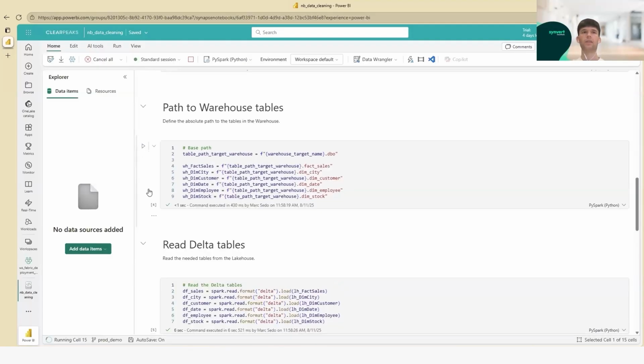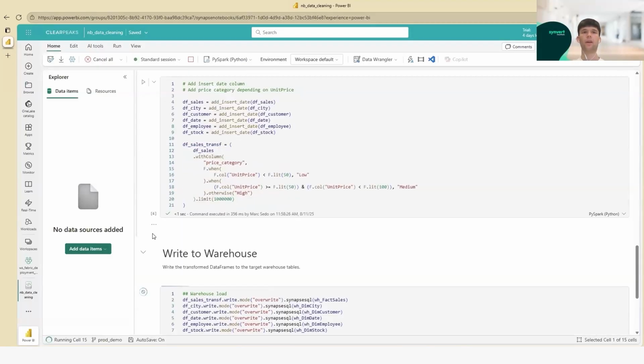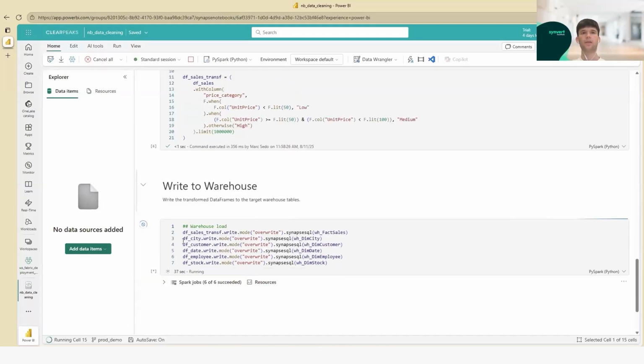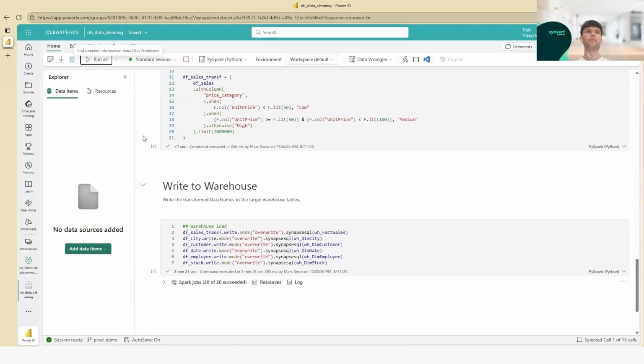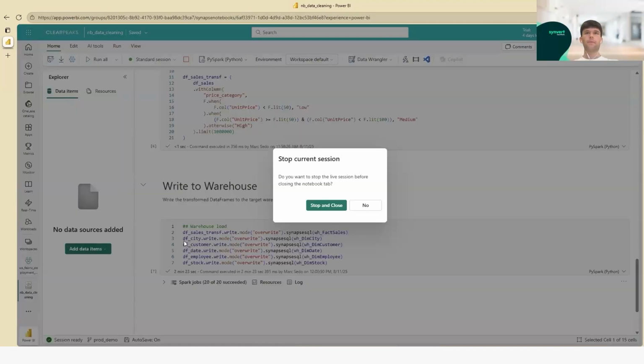The only cell that will take some time is the write to the warehouse cell, in which we are writing all the transformations into the warehouse. Okay, so now you can see that the cell is already done, and as you can see on the top, it's already saved by default, so we can close the notebook. We need to stop and close the current session,